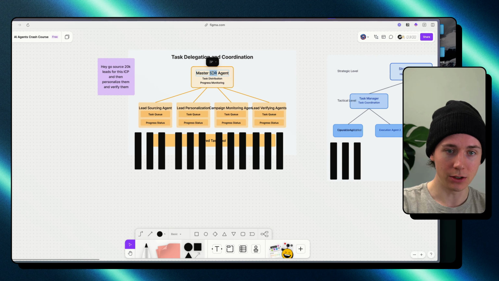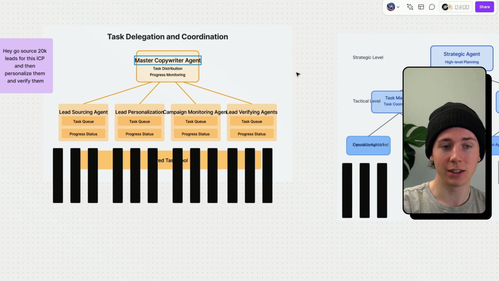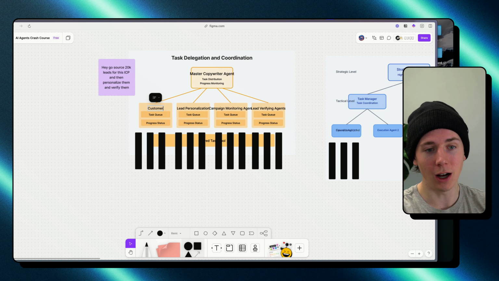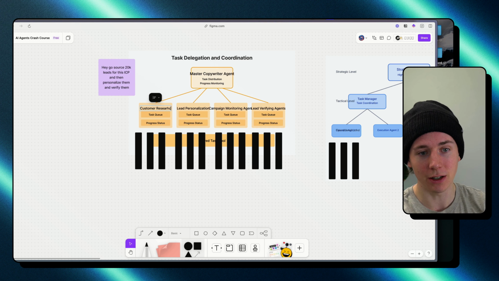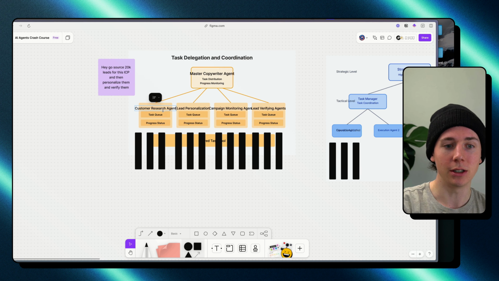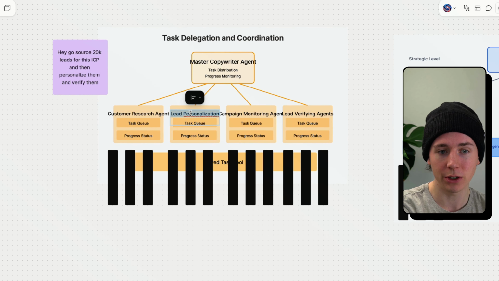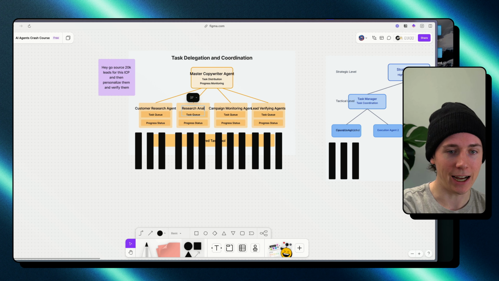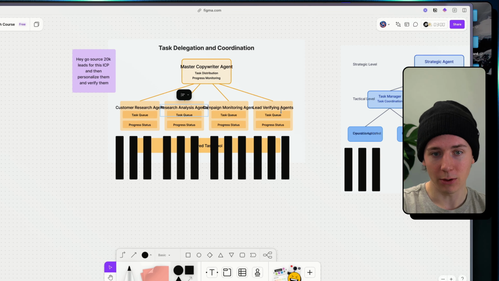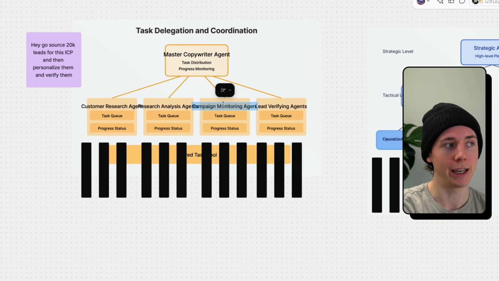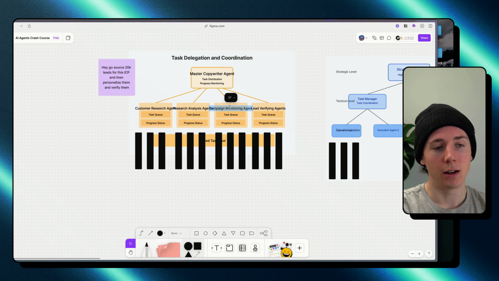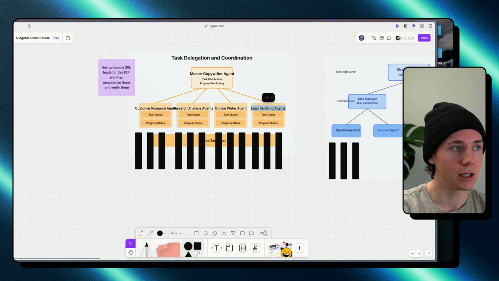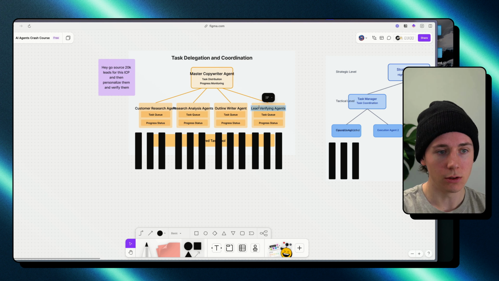the master copywriter agent. This is going to take a lot more prompt engineering, but it's like, okay, you would do a customer research agent, because in order to write good copy, you need to have really solid customer research. And then you would do the research analysis agent if it was a copywriting agent. And then you would do an outline writer agent. And then you would do the imitation